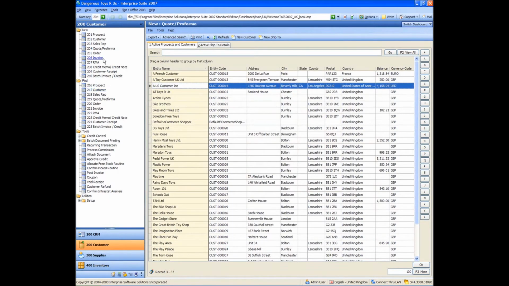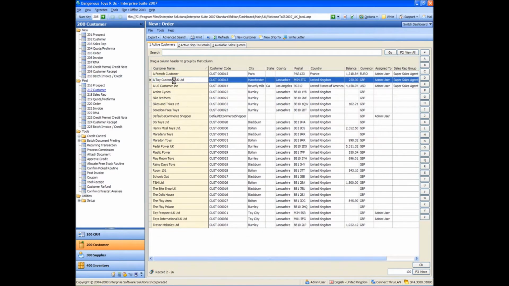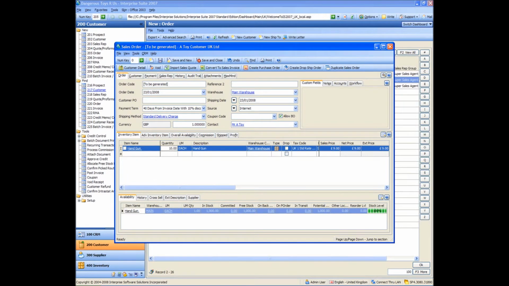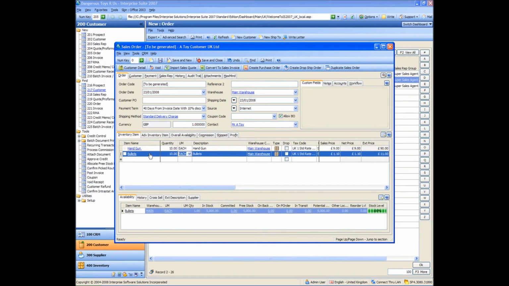I'm now going to create a sales order for our toy customer UK. And this is going to be for 10 of the handguns, and 10 of the bullets. If I just save that order, you'll notice we get a sales order number this time, an SO number,